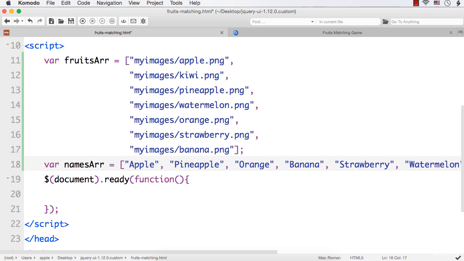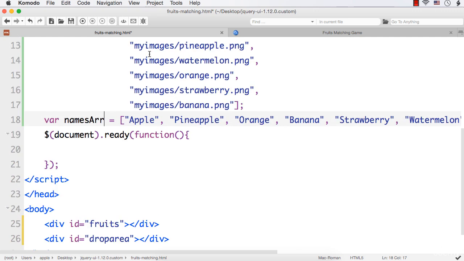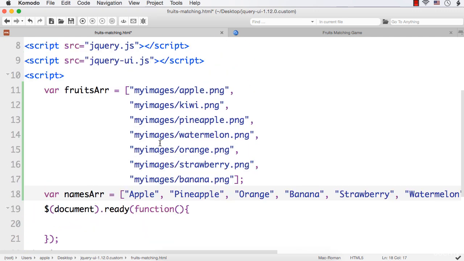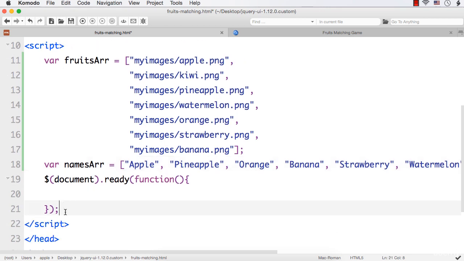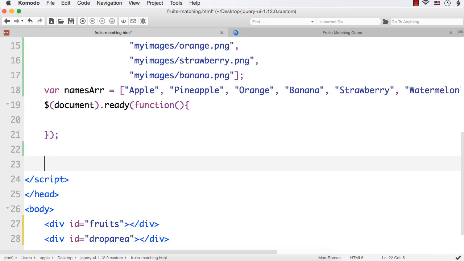Okay. Next, what I want to do, before adding them to this div element, I should shuffle these two arrays each time, right? Otherwise, the items will be shown in the same order each time. So to avoid that, we can add a shuffle function and pass this array to that function so that it will be shuffled each time. You can write the shuffle function any way you want. So I'm going to write the shuffle function using the sort method offered by JavaScript. Okay, so let me write the function